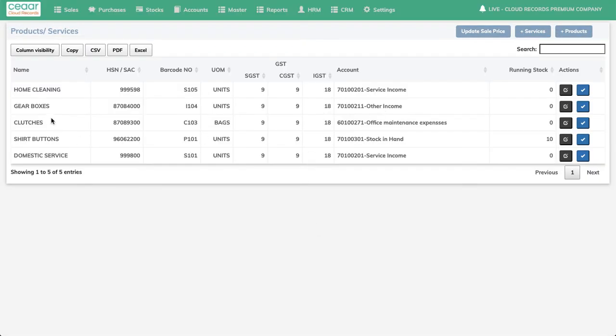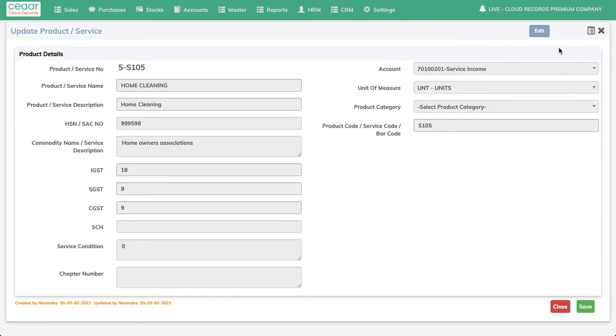Now we have this information. So you can see the running stock is not maintained. It is always 0. Again, in the editor, the concept is simple. Doesn't matter what type of product or service it is, you can only edit the product service description.